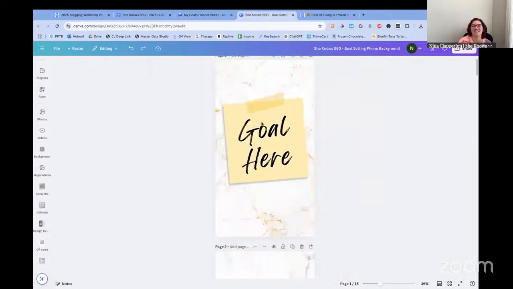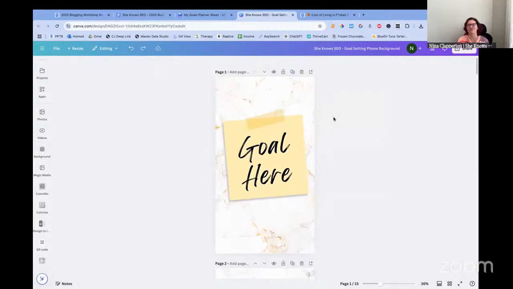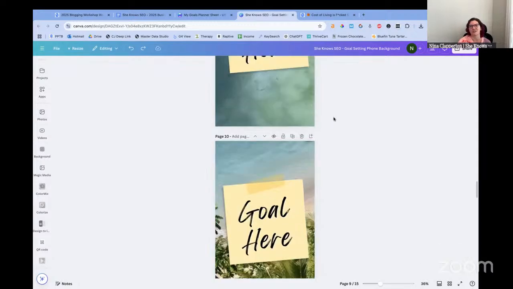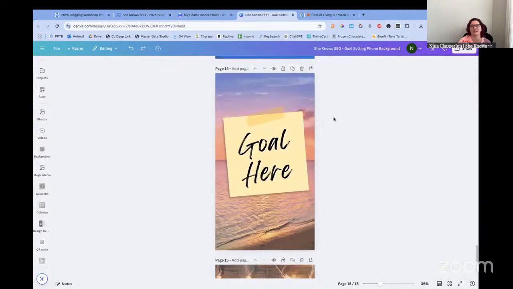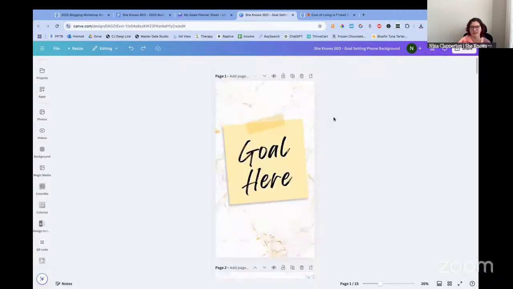And then we also are going to write down our goal somewhere that we can see it all the time. So we have the phone wallpapers for that. I made a bunch of versions with different backgrounds for different types of manifestation and vibes, whatever you want. But feel free to adjust and change it out if you want to. Feel free to change the font. I gave you guys the Canva template, so you're able to play around with this so that you can make it something that works for you. Personally, I literally put a post-it note on the back of my phone. I do have to replace it a lot, but that's how I keep track of mine.